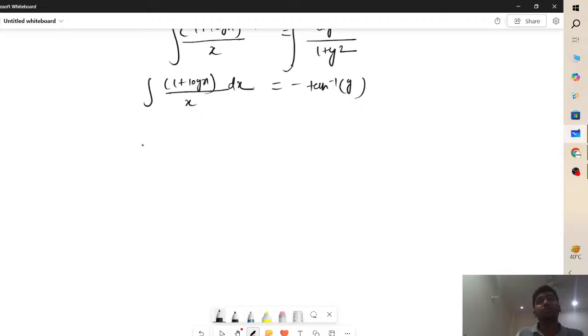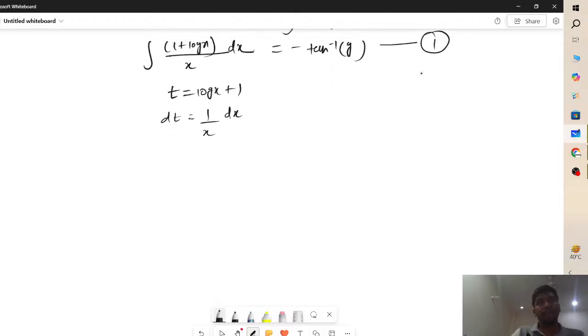इस केस में हम t को जूम करेंगे 1 प्लस लॉग एक्स प्लस 1 और फिर हम दोनों साइड डिफरेंशिएट करेंगे। ओके, so what we get, dt equals to 1 by x dx। क्यों लिखा है ऐसे हमने, क्योंकि log x का डिफरेंशिएशन 1 by x होता है। ओके, और इसको हम नेम कर देंगे इक्वेशन नंबर 1।